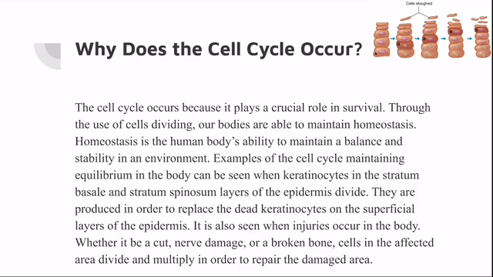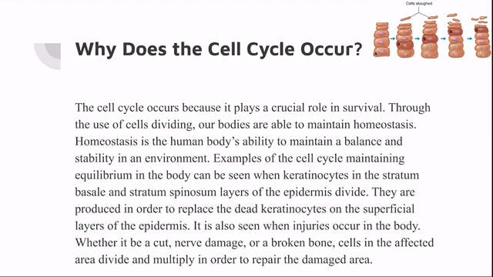Why does the cell cycle occur? The cell cycle occurs because it plays a crucial role in survival. Through the use of cells dividing, our bodies are able to maintain homeostasis. Homeostasis is the human body's ability to maintain a balance and stability